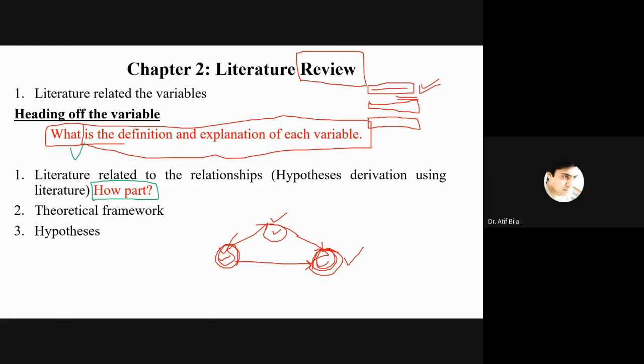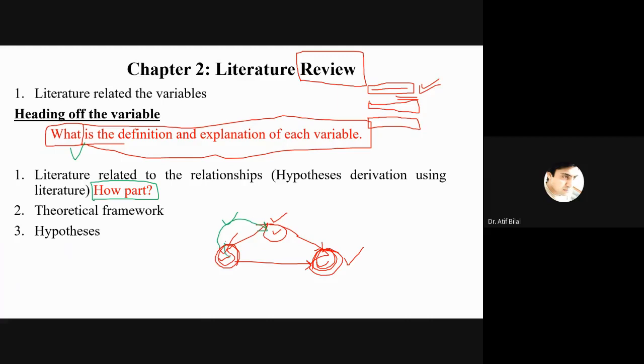I'm calling the second part the how part. The how part means how this one variable is related to the other variable. Because if you recall, we discussed that hypothesis is an educated guess. Hypothesis is a theory that has already been tested by a number of authors, and you are also going to test it. So in order to create a hypothesis, you need to give the previous literature citations and the explanation